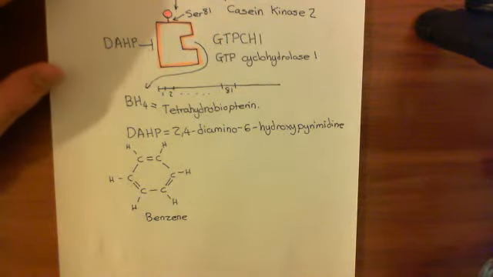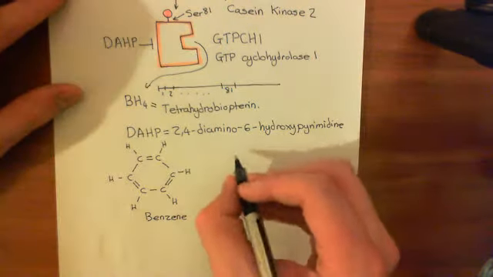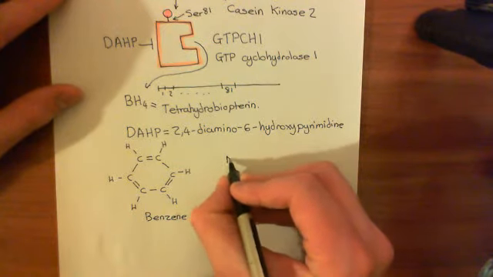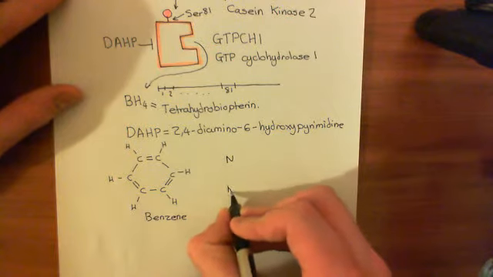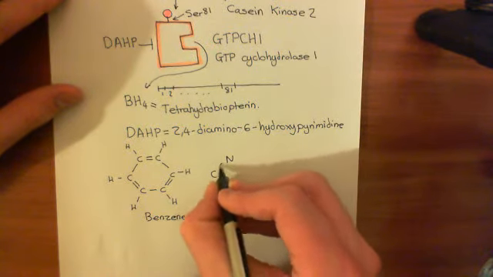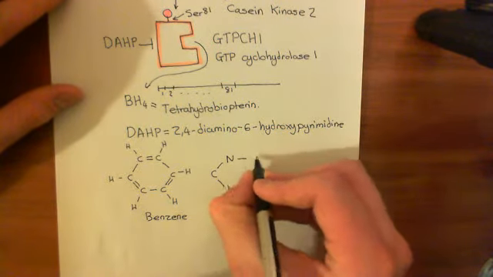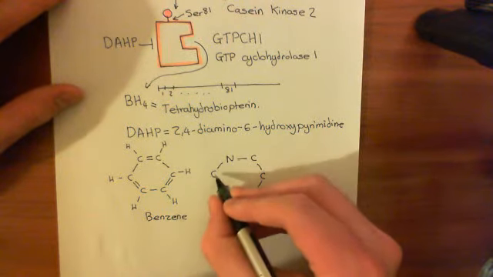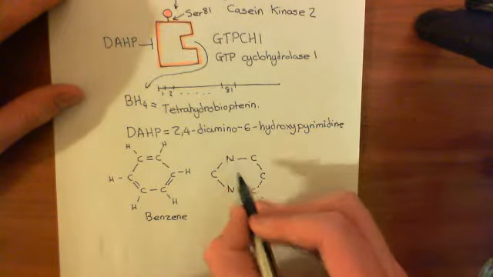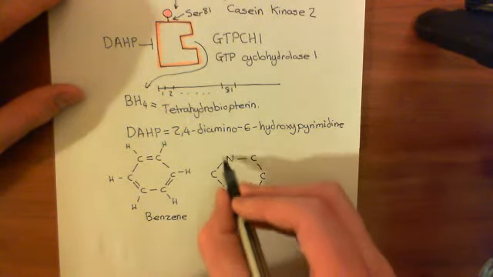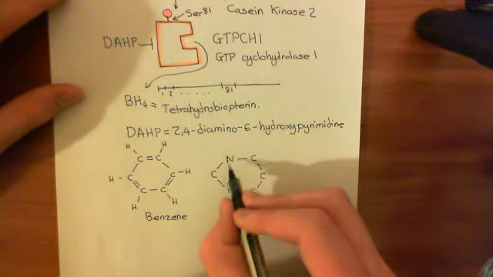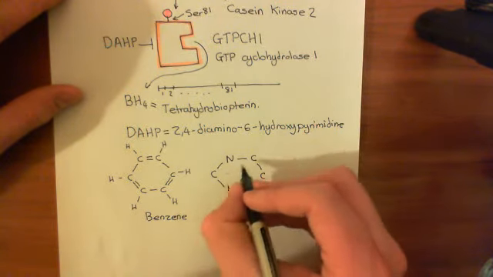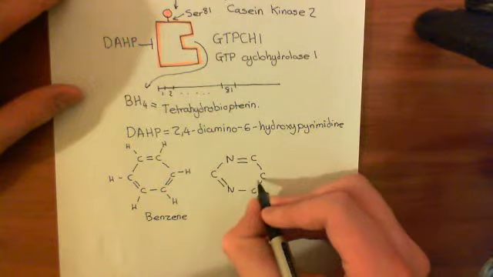Okay, so the pure pyrimidine ring is a modified benzene ring where you stick in 2 nitrogens, basically, instead of 2 of the carbons, and the nitrogens have to be positioned with 1 carbon in between them. So you can't have a nitrogen here and then a nitrogen here. They have to be in specific positions relative to one another, so they have to have a single carbon in between the 2 of them.